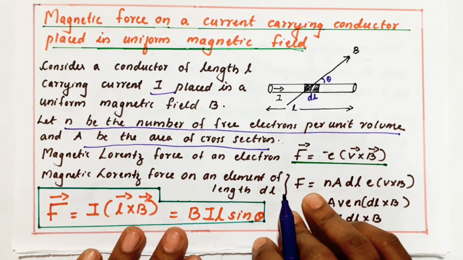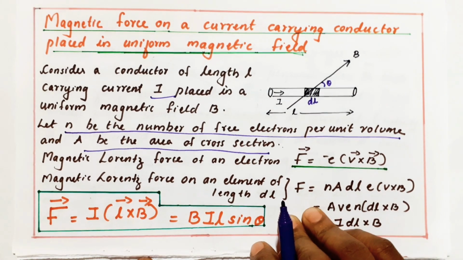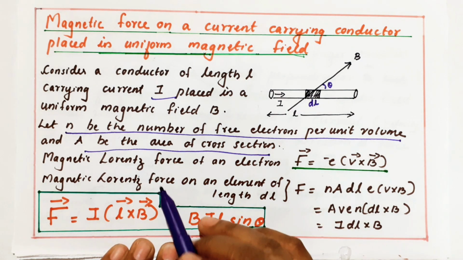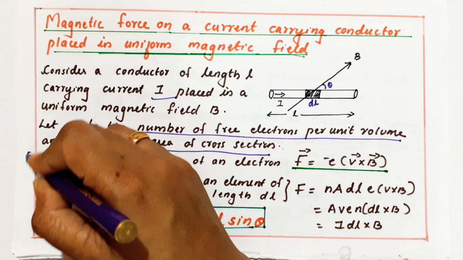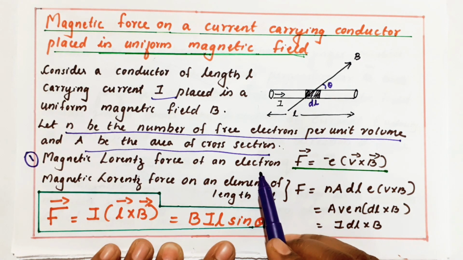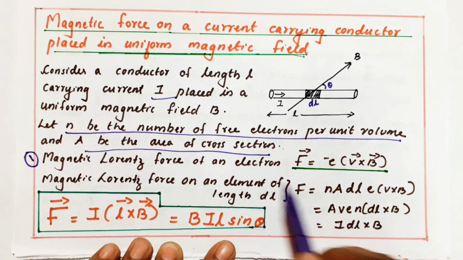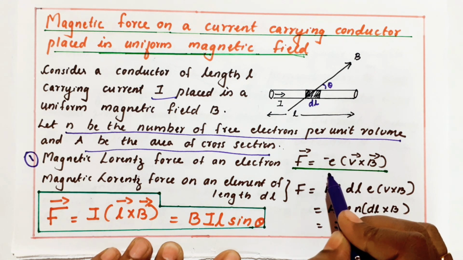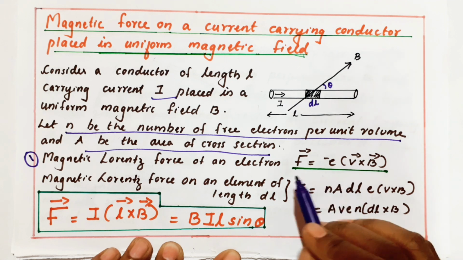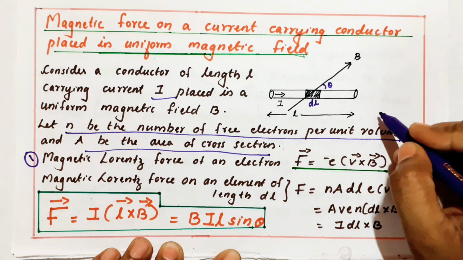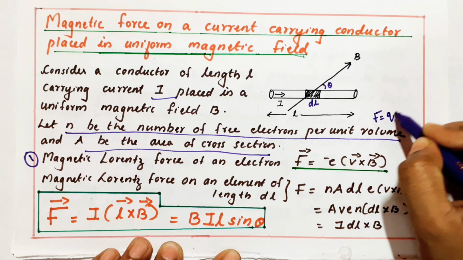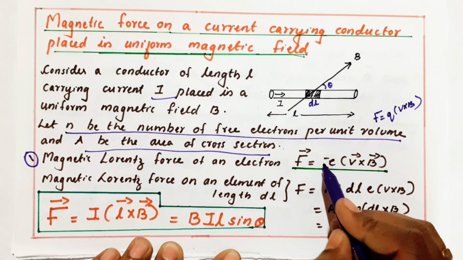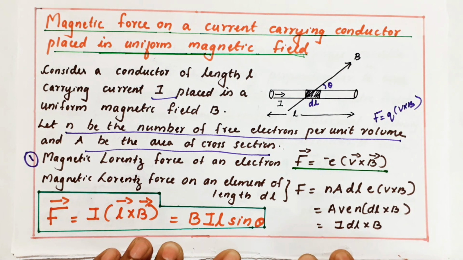In the previous video I discussed the Lorentz force. So, I have written an equation first. What is the magnetic Lorentz force on an electron? If there is only one electron, the magnetic Lorentz force, that is only the magnetic force, is Q into V cross B. So F is equal to Q into V cross B is our equation. But here I am talking about an electron, so minus e into V cross B.